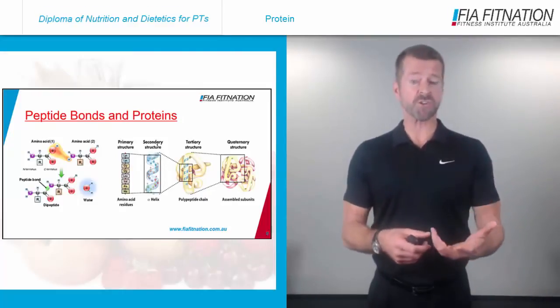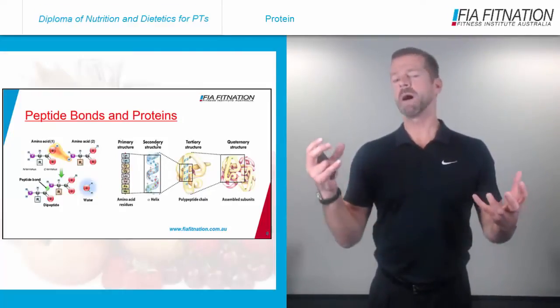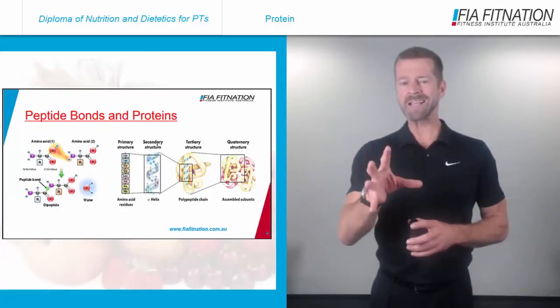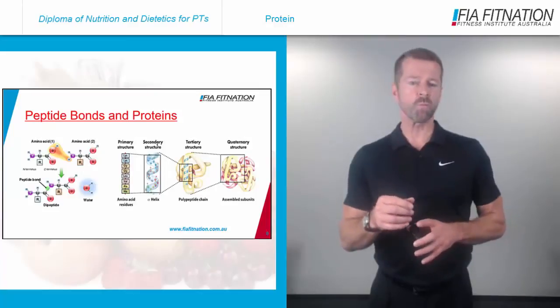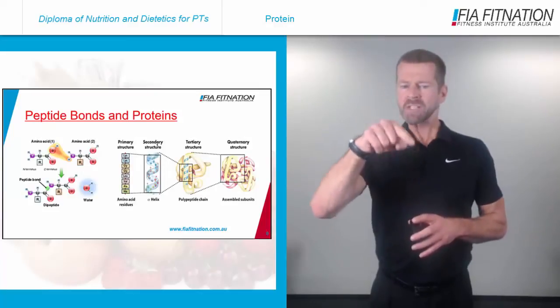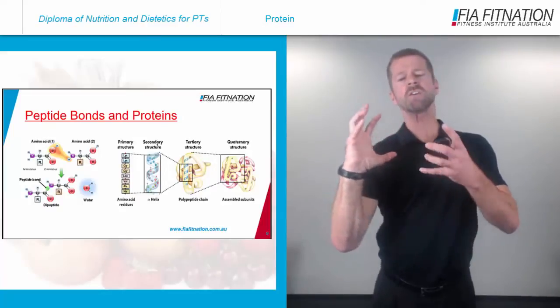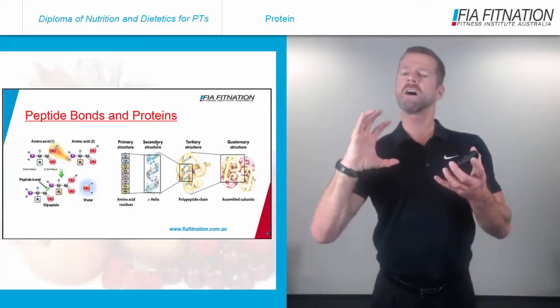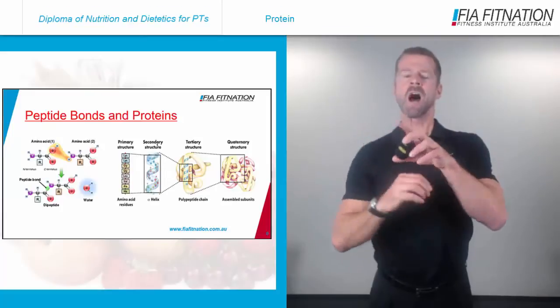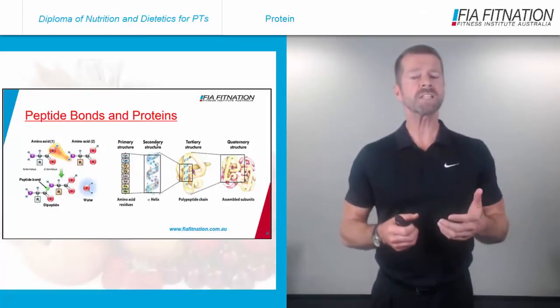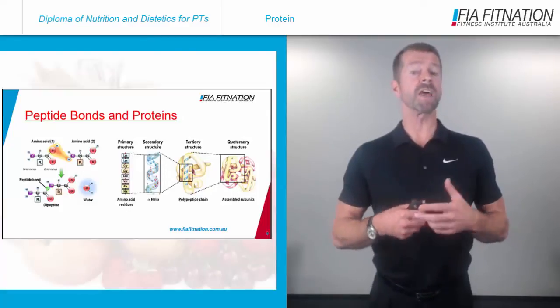So if we put a bunch of these amino acids together, or if we put three of them together, we create a tripeptide, and if we create a bunch of them together, we create what's called a polypeptide. So on the right-hand side of the slide, we have a bunch of different amino acids creating a peptide chain, and then they tend to create either a helical or a spiral structure, or sometimes they create flat sheets,